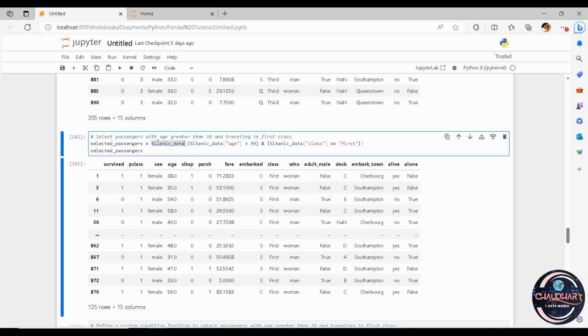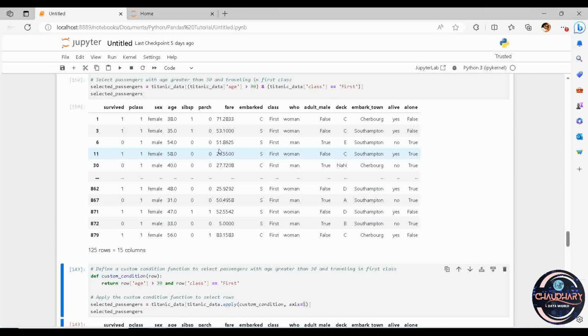The Titanic data is our original data frame. Inside that we have the age column, so we are filtering out all ages greater than 30. Also, the Titanic data having class equal to first. That means only first class passengers with age greater than 30 will be there in your data frame. So this is how we can apply our conditional